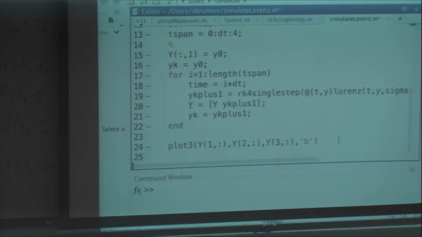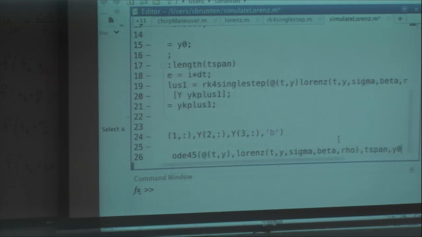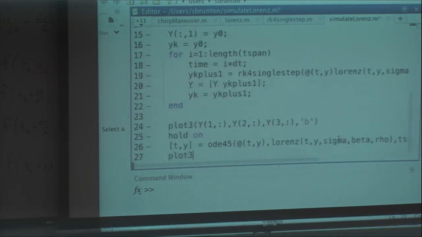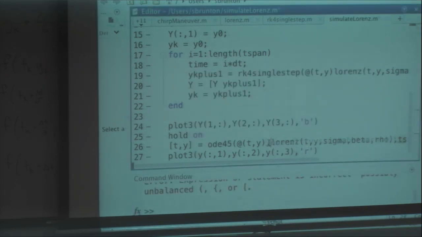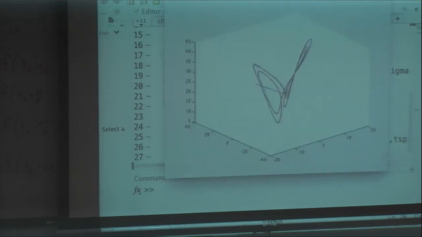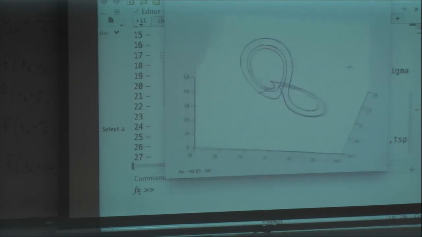Okay, last thing I'm going to do before questions is I'm just going to do the same thing in ODE45 and plot it. So ODE45 also takes in a function of t comma y. And I have to give it my time span and my y naught. And then I can plot the same thing, in red. Okay. And our solution agrees pretty well with ODE45.